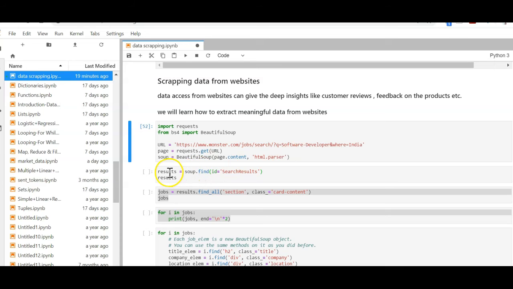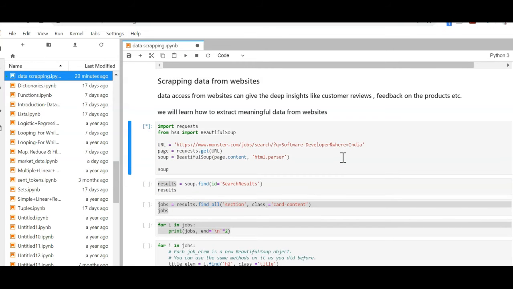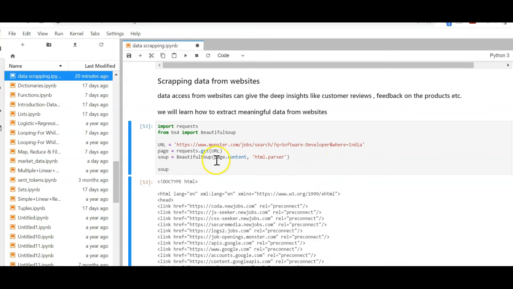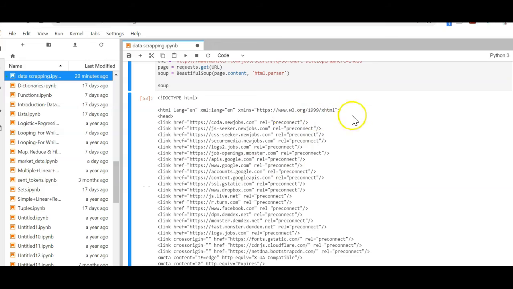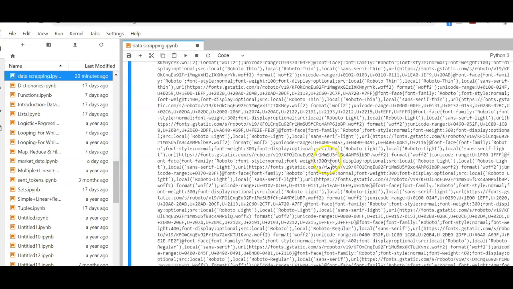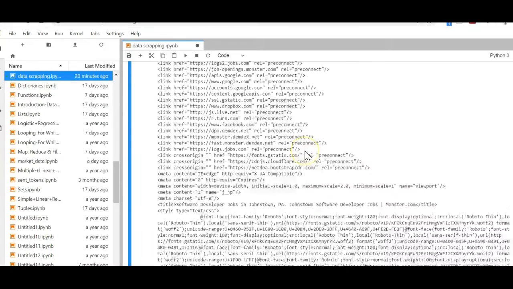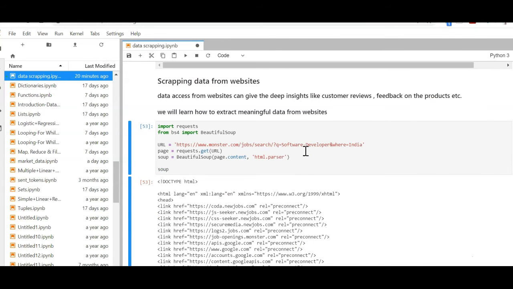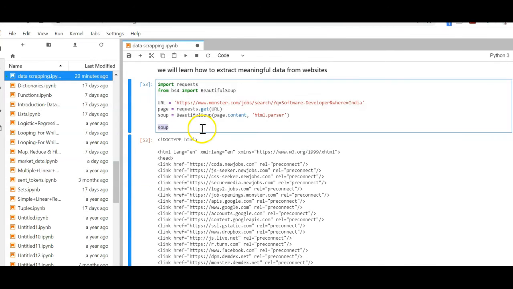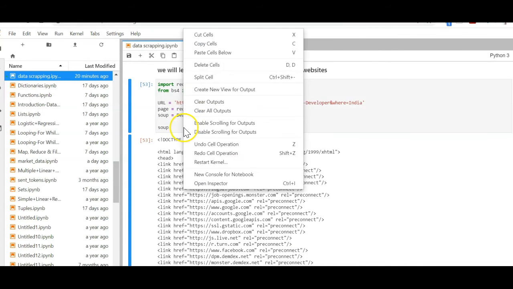Now to find out the result, let me execute this soup separately. You can see all the website information here, but it's very messy to read. So we have to dig down further to get meaningful data for our extraction.